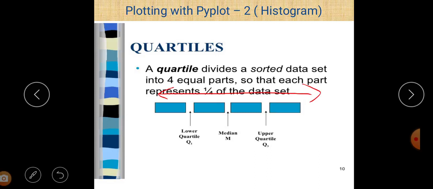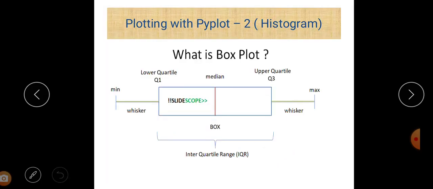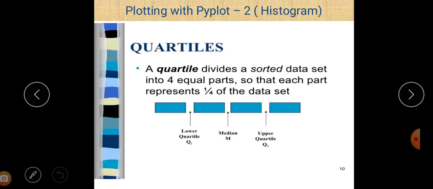The division between first and second is called the lower quartile. Between second and third it is the median, and between third and fourth it is called the upper quartile. So there are 3 quartiles: lower, upper, and the median. We can easily find the lower quartile, median, and upper quartile in a box plot. So that is the concept of quartiles.